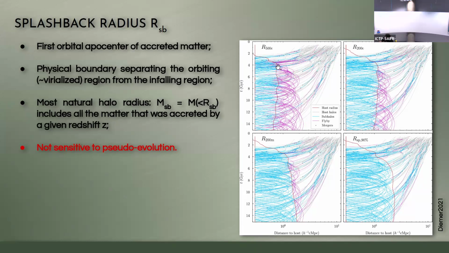So this apocenter for every particle that is found in the cluster, the mean of this, is the splashback radius. The idea is that this radius can serve as a more physical boundary of the cluster because it will separate the region that is found in the cluster and the region that is in orbit of the cluster. Okay. I think I understand now. I don't understand how you measure this, but